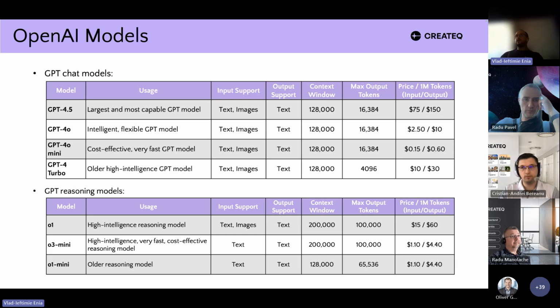One thing I forgot to mention is that all of the current GPT models, except for GPT 4.5 for now, only accept text and images as input, and they only give output as text. For image generation, there are different modules which I will not talk about in these presentations, like DALL-E from OpenAI, and the Gemini models from Google also support image output.